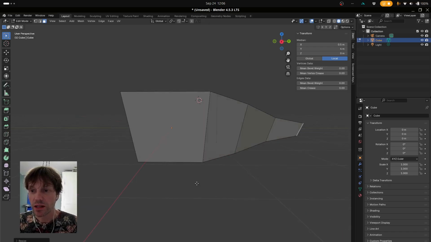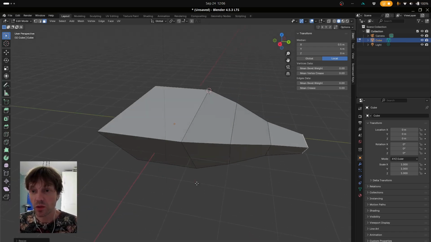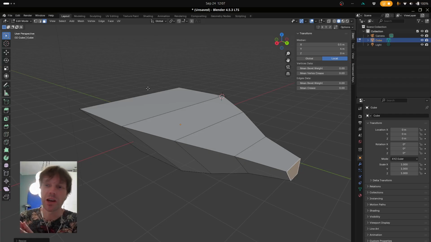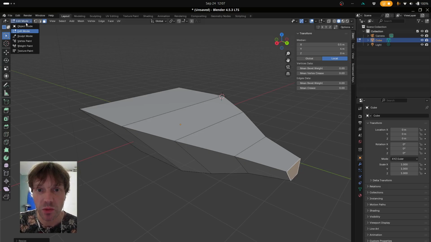So now I could do the exact same thing on the other side, or I'm going to work with a modifier to mirror the whole thing. This is really up to you. I find the modifiers do speed up the modeling process. So if we want to add a modifier, we should maybe look into it. So we only model 1/2 of the 3D object, and then the other part will be mirrored towards the other side. So I'm going to go out of edit mode to object mode,